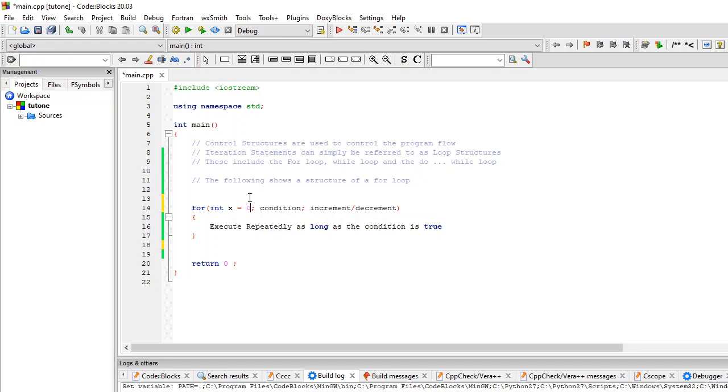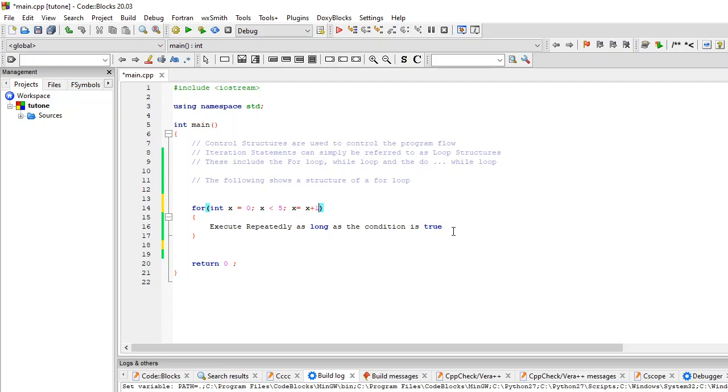That we have initialized a value, and we'll say the condition: x is less than 5. That's another statement. You increase x by 1, and then you store it in x. You can say x equals x plus 1,